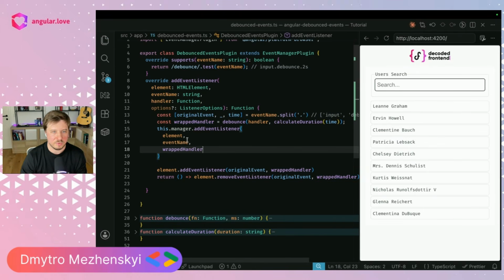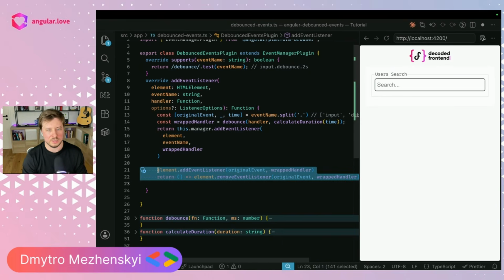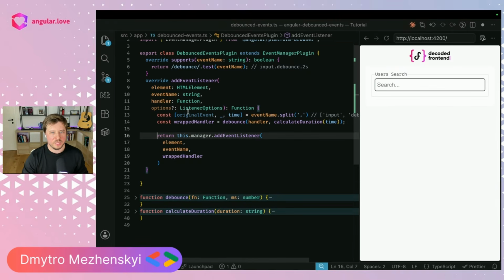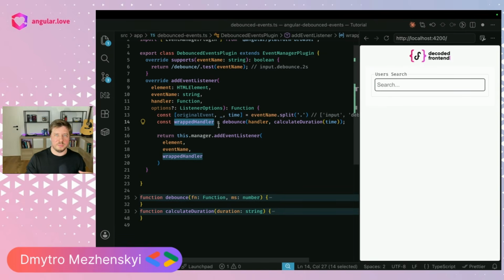So we can provide it like this and simply return this thing like that. And this thing we can remove. What we did here is wrap our handler with additional logic. We brought this debouncing functionality,